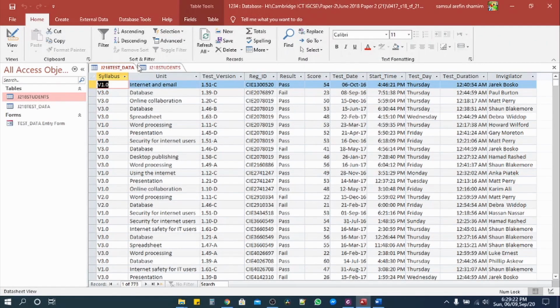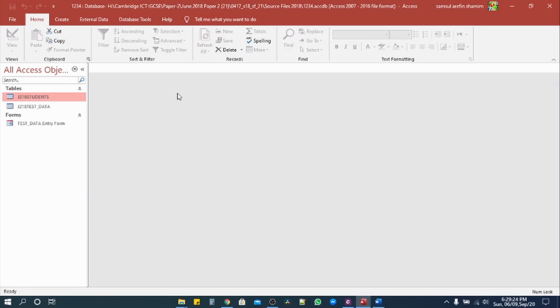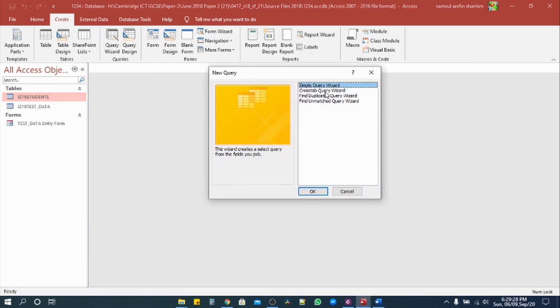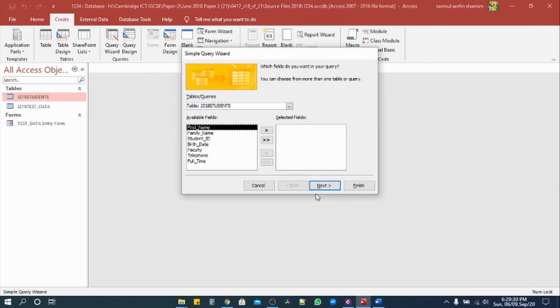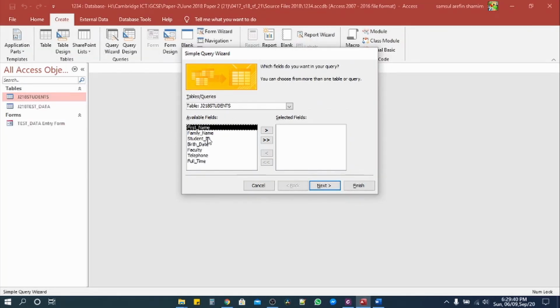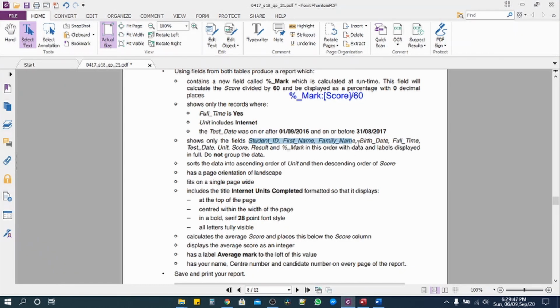Well, so in here, close everything first, close all. Now we need to use the query. So query wizard, simple query. Okay, now it says that you only need to show student ID, first name, family name. So student ID, first name, family name. Then it says birth date, full name, test date,